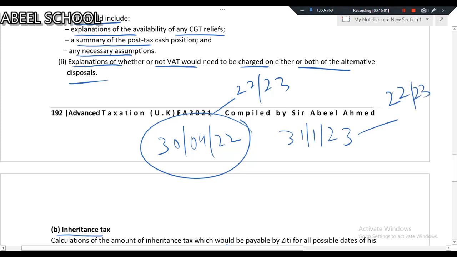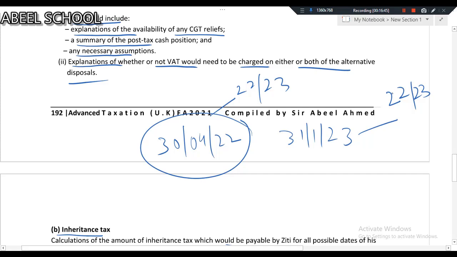So when the last tax year in which the business is ceased or sold, that accounting end and the previous accounting end both fall in the same tax year, we merge both of them. We are going to merge the profit of these two accounting periods, and we will be deducting overlapping profit. So if Ziti ceases the business on 31st January 2023, then logically two accounting ends will fall in the same tax year, so I'm going to merge the profit of these two and deduct overlapping profit.